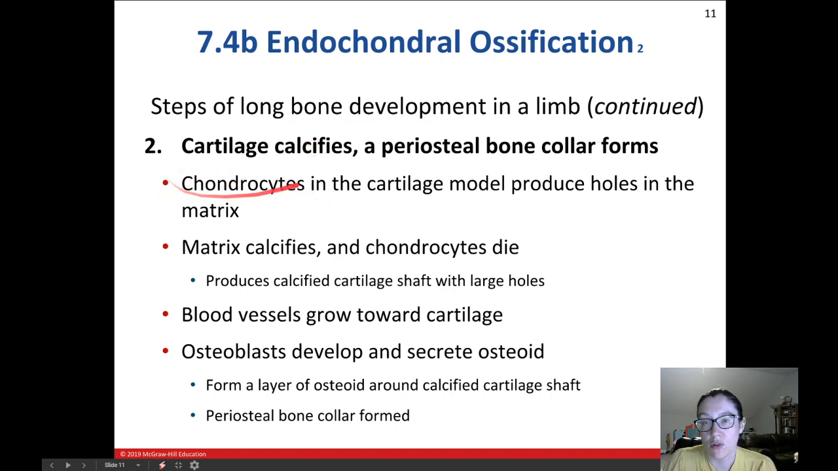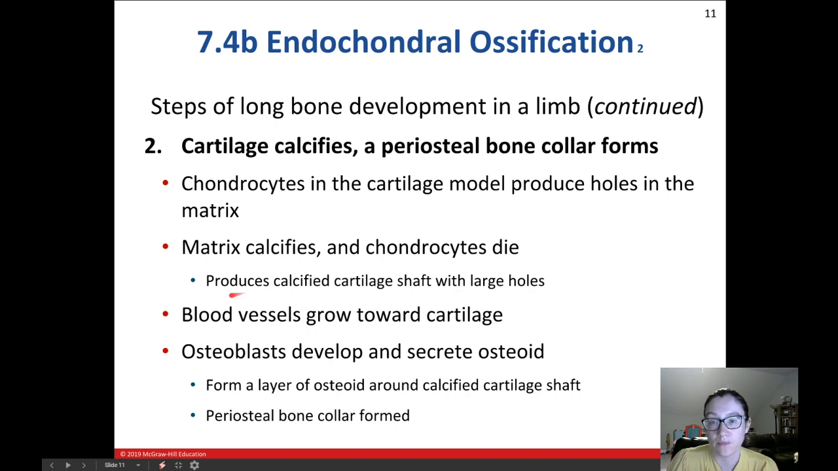And so those chondrocytes in the cartilage model are going to produce some holes in the matrix, so they're going to expand, the lacunae get a little bit bigger. The matrix is going to calcify, so we have some calcium deposition here, where that usually doesn't happen. And the chondrocytes are kind of trapped in there, and they're going to die. This produces a calcified cartilage shaft with large holes in it. So it seems kind of bad at first, but it's a normal and healthy part of development that will eventually be